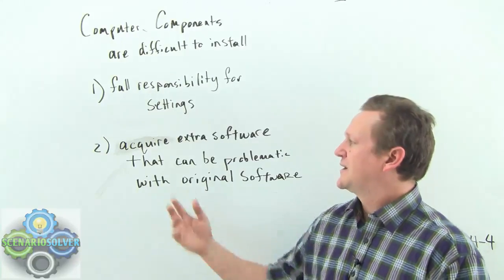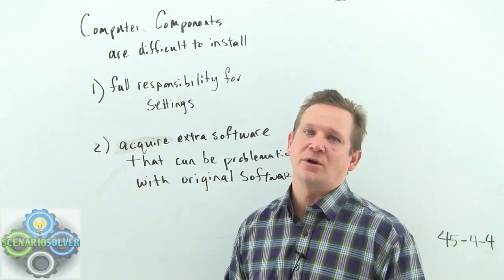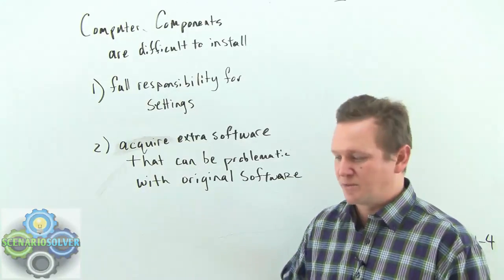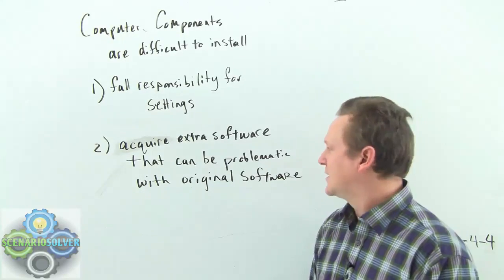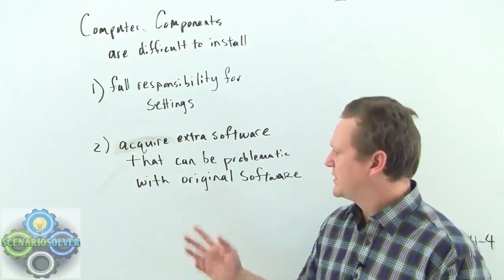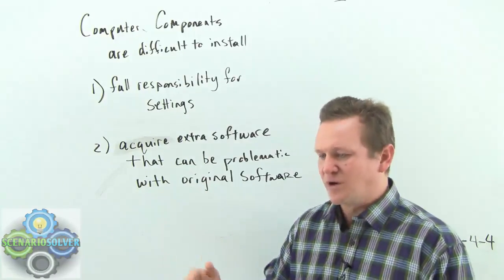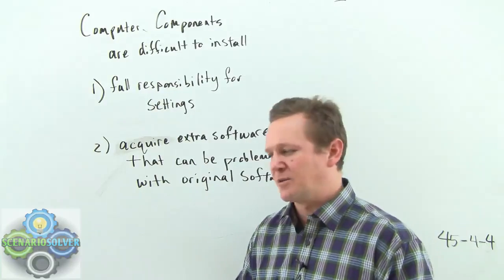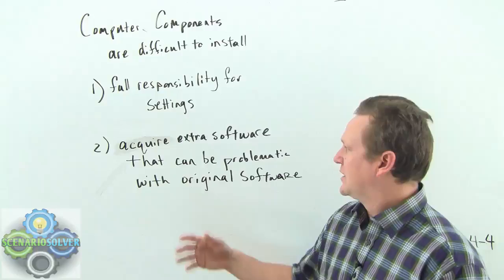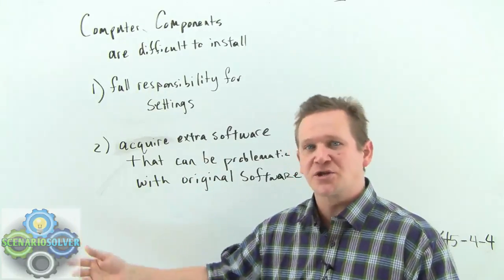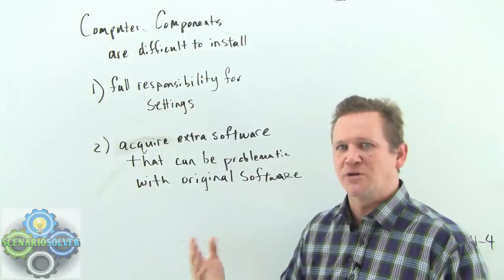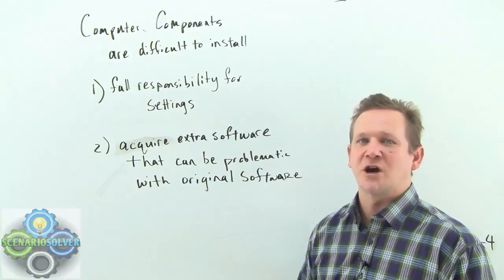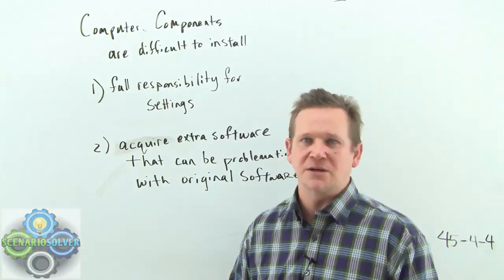So it does a couple of things. First off, I don't even know if we need to acquire extra software anymore. The idea is that you take this thing home and all the accessories are part of the package, and you can plug it in and you have no problem. And then it also attacks the idea that even if you needed to install some software, because it's all part of the package, and it's free and everything is right there, you're not having to go out and acquire additional software. And implicit in that, if it's part of the package, it's more likely than not that it's going to jive with the original software in it. By and large, it probably is the original software.